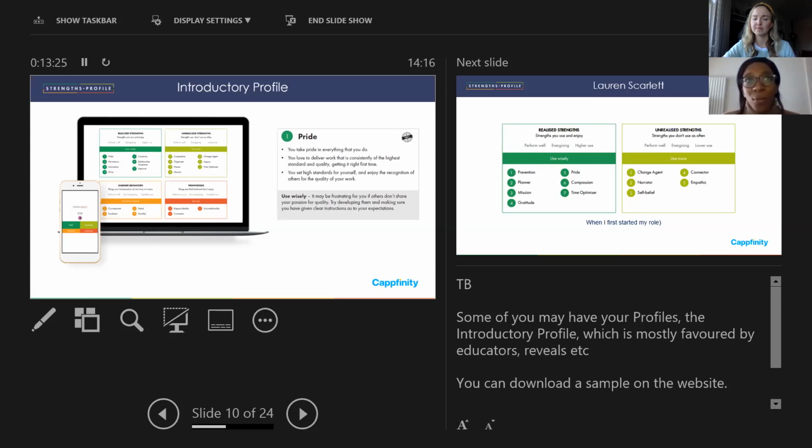Now, I've had questions before, can you use some of this on application forms and personal statements and CVs and LinkedIn? Absolutely, use all of the content of your strengths profile to think, all right, I've been asked to describe myself, how can I do that? So every bit of advice on your profile, maximize it, put it on your LinkedIn, put it on your CV, memorize it if you want to for an interview, but in your own personal way. It's all there to help you flourish and show up.